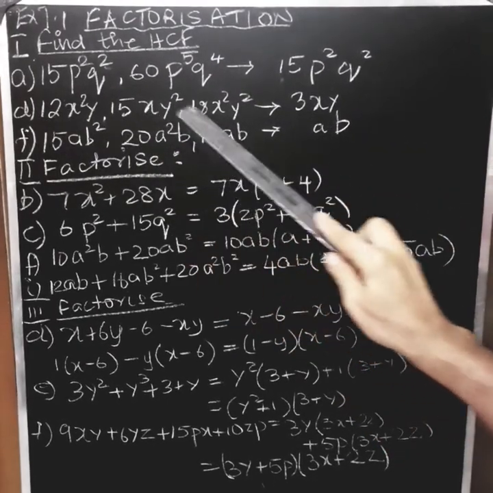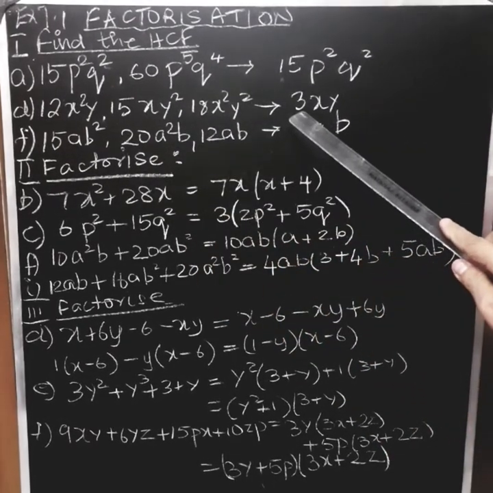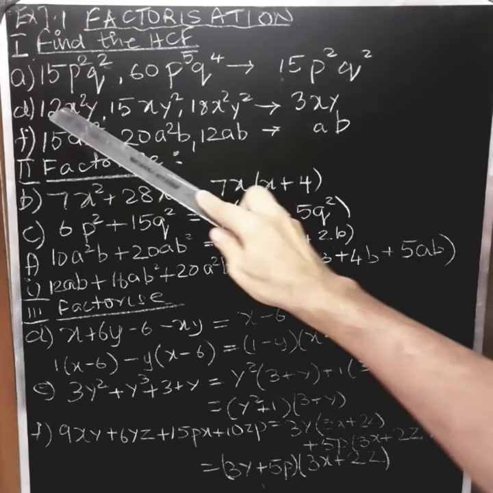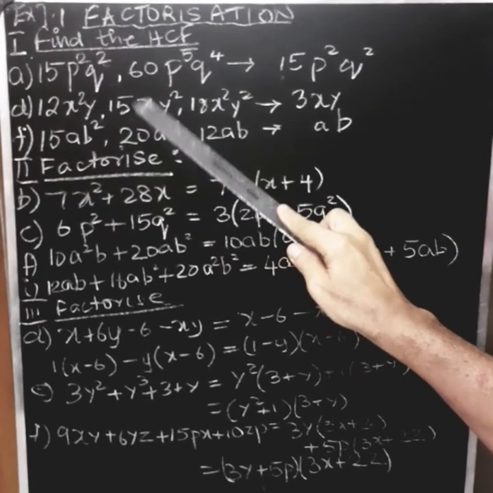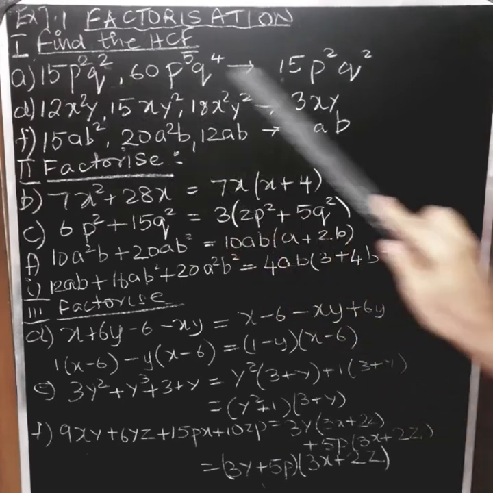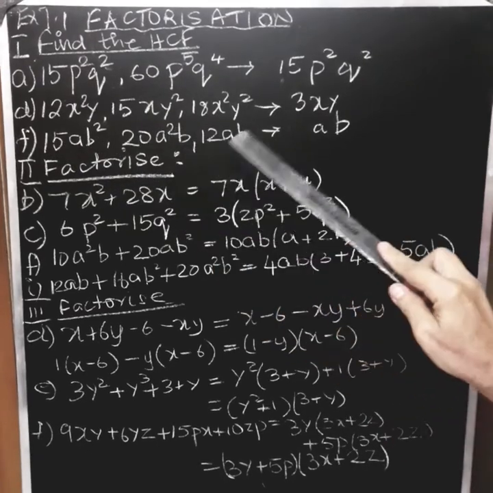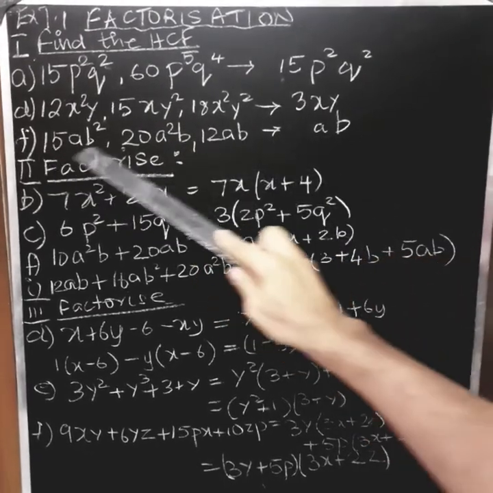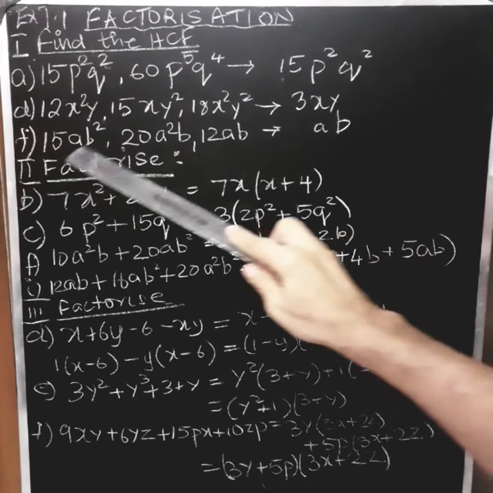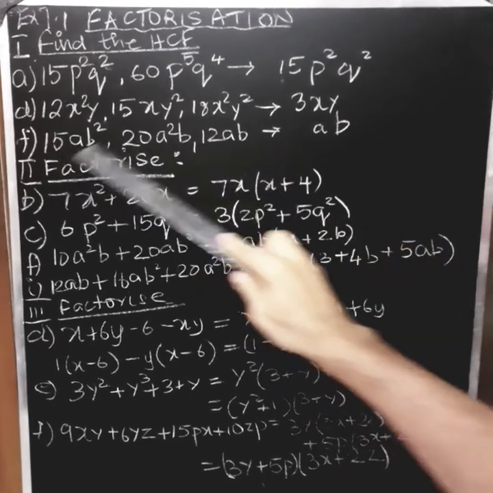Again here 12, 15 and 8. The GCD, which is a number, you should know that. Now in X, this is the lowest. In Y, this is the lowest. So in alphabets, the power which is the lowest will become the HCF. Here again A is the lowest, B is the lowest. Now no HCF number is here, there is no common factor.